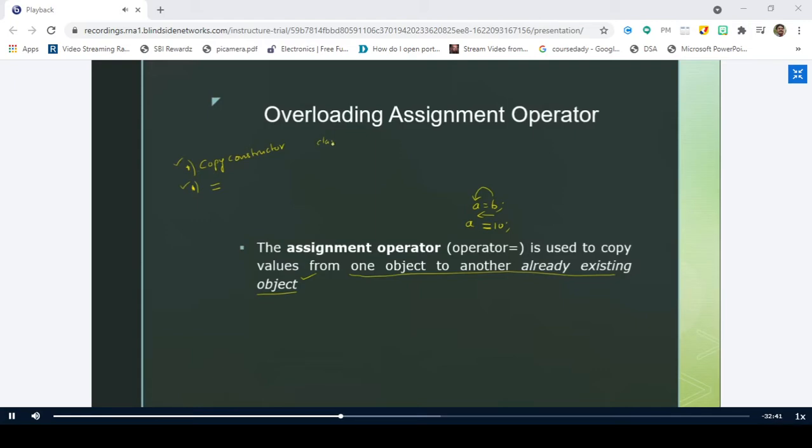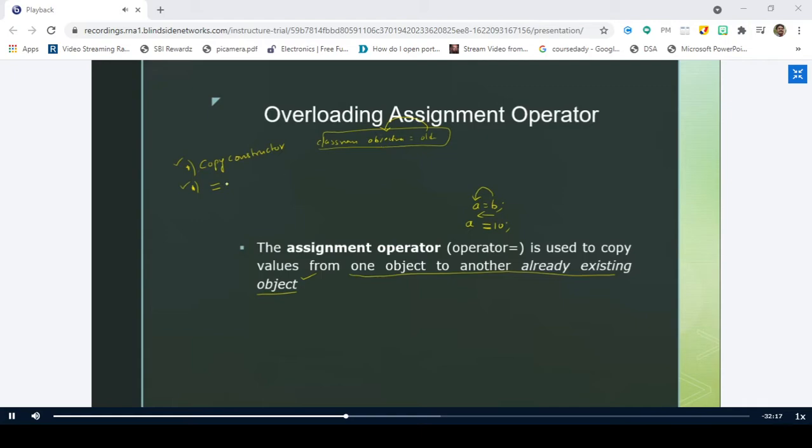What is the syntax for that one? You use the class name and you use the object name, right? And then you use the assignment operator and then you use the old object, something like that. So this is how you are going to use the copy constructor. You are going to copy the values of one object to a newly created object. Here you are going to create the object at that instance only.